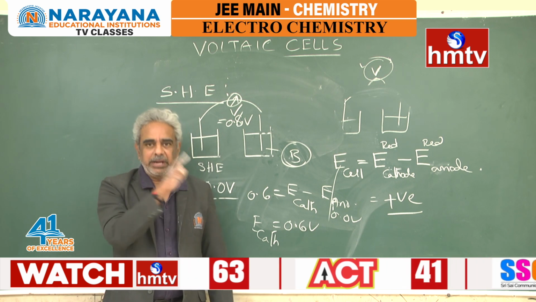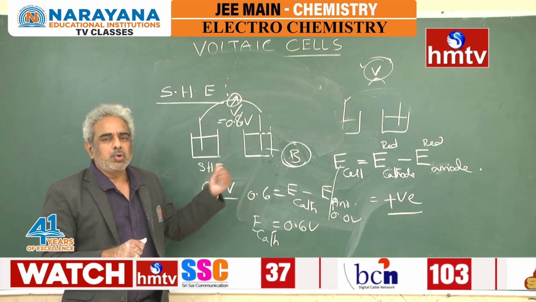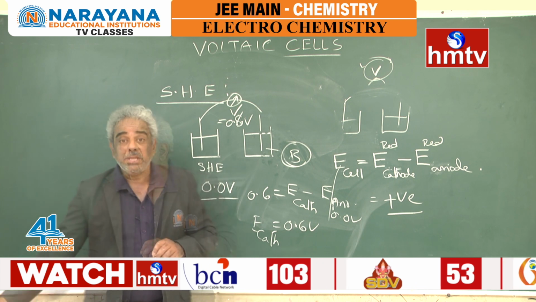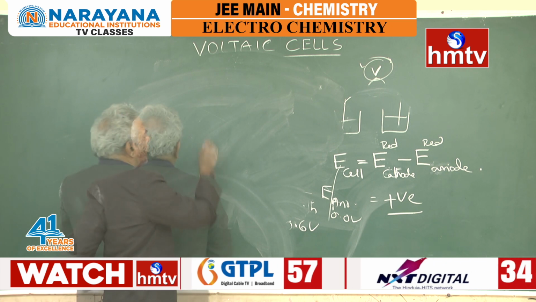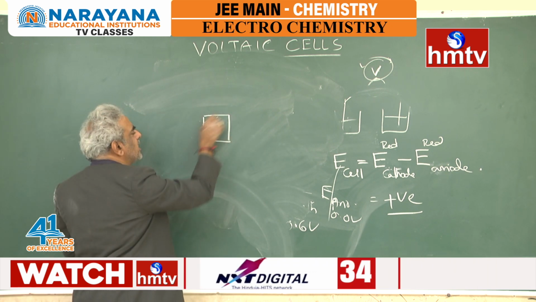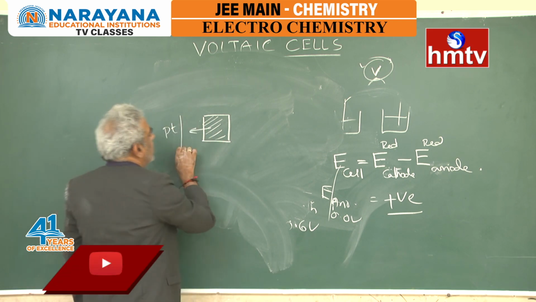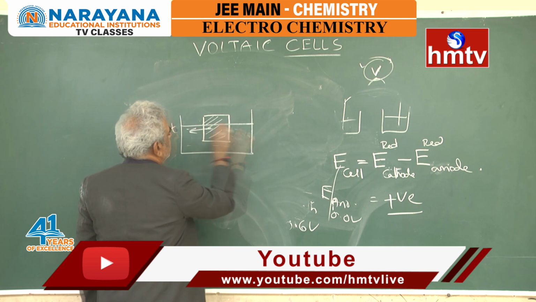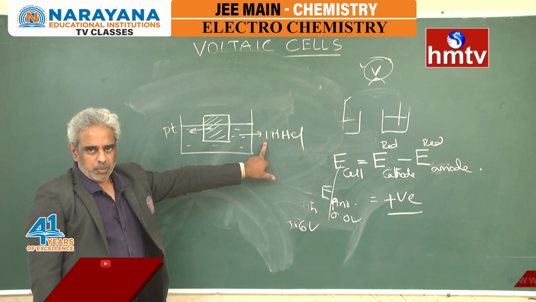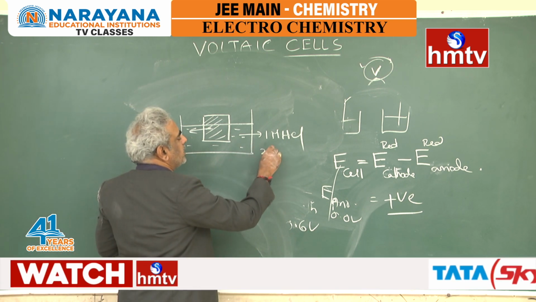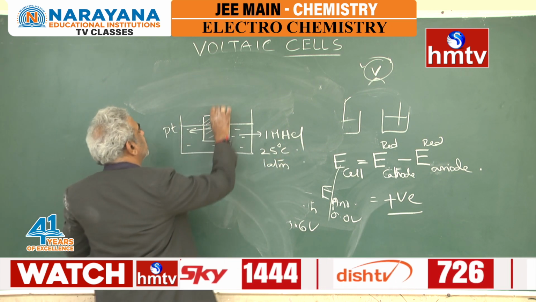Here you should be very careful. Before going to that particular point, let me first tell you how to construct a standard hydrogen electrode. A standard hydrogen electrode is constructed by a simple technique. A small platinum foil is dipped partially in 1 M HCl solution. 1 molar HCl solution at 25 degrees C, 1 atmosphere pressure, and this is kept in a closure